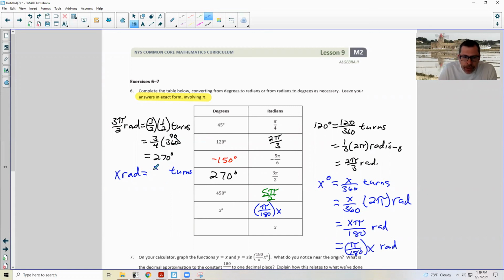So that'd be like x over 2 pi turns. And that is going to equal x over 2 pi, some portion of a full rotation in radians, times 360 degrees. Okay, so this 2 and this 360 will reduce,